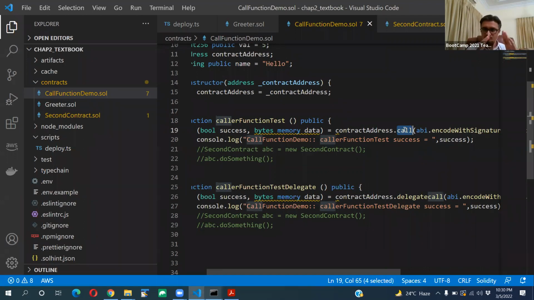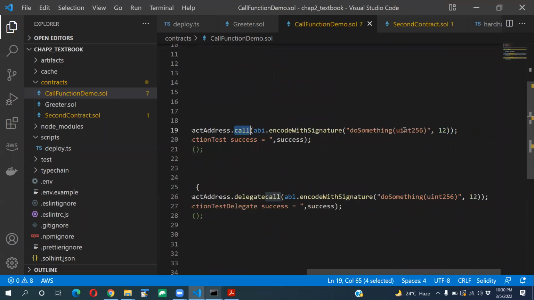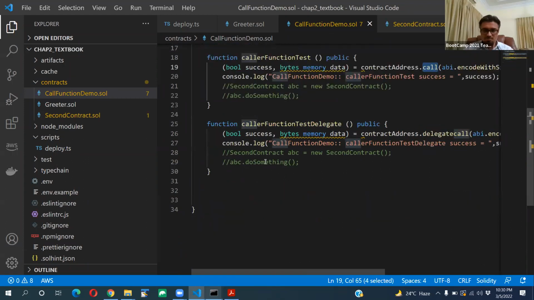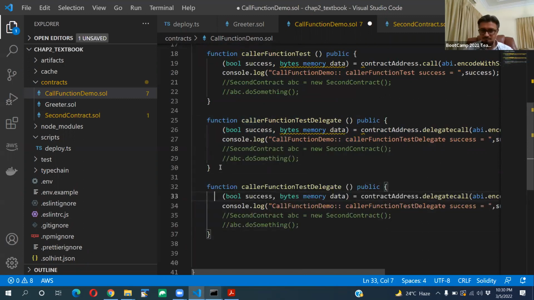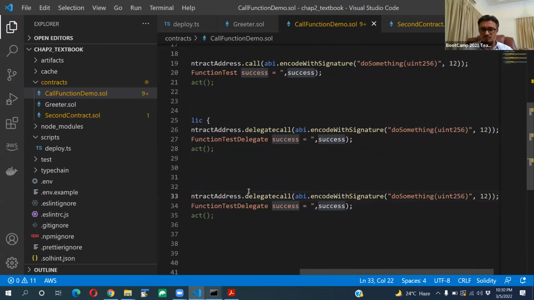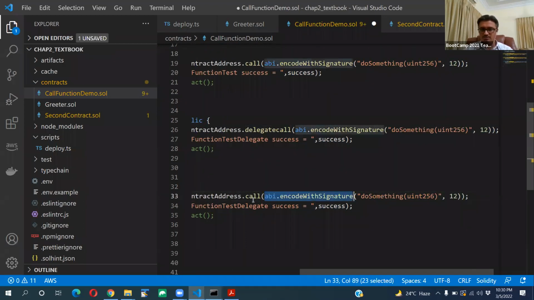The industry recommendation is that whenever you want to withdraw or transfer funds to your address, you call address.call. Let's say this is how you will call withdraw, and inside that withdraw, you will say call, and here you will say